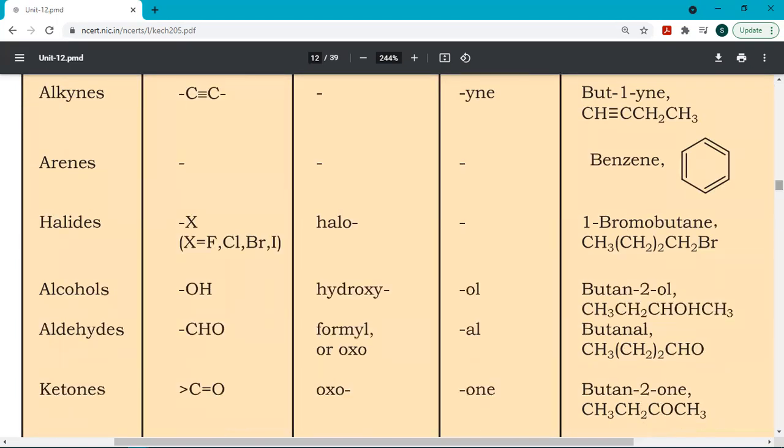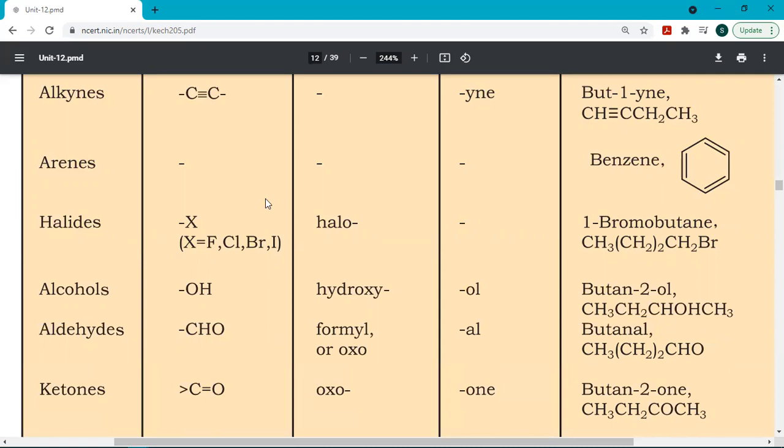Now we will talk about the arenes. Arenes means whenever you see a cyclic compound which have alternate bonds. Example, benzene. Benzene is the example of arenes. हम इसको scientifically arenes भी बोलते हैं, ठीक है? So in which we have alternate double bond present in a cyclic compound. This is a hexagon, cyclohexane, in which we have double bonds which make it benzene, right?